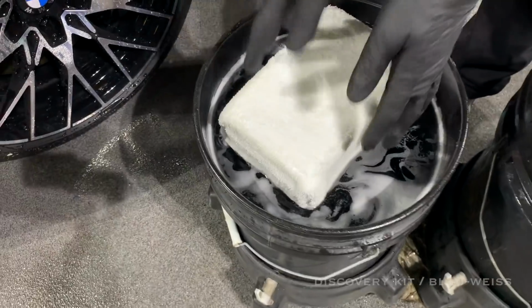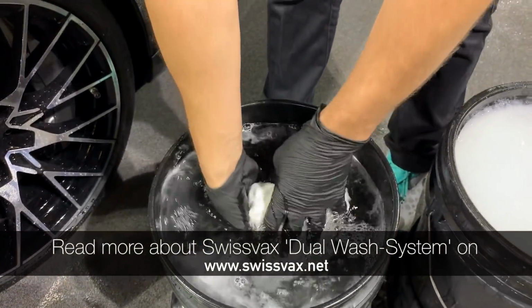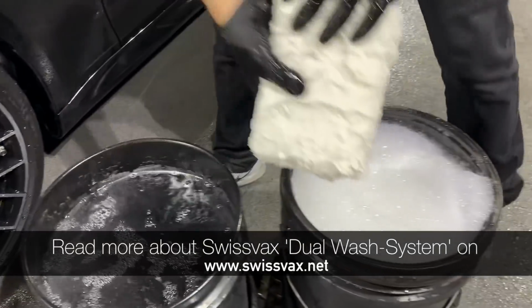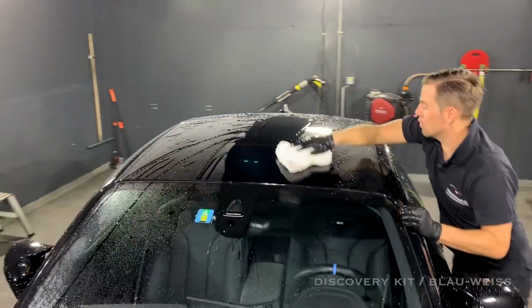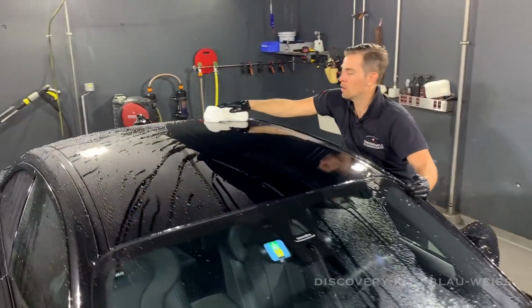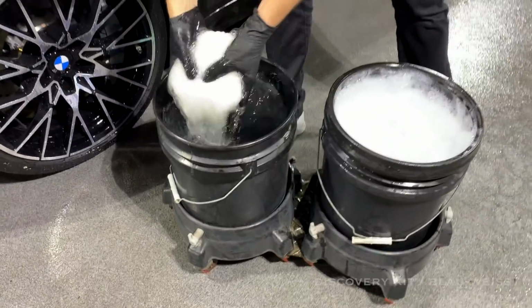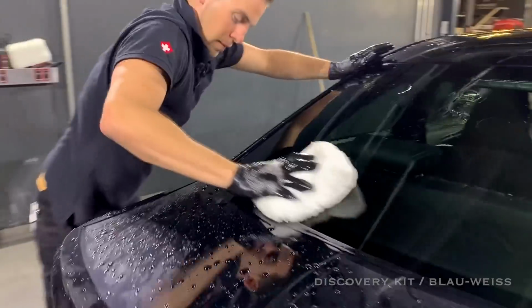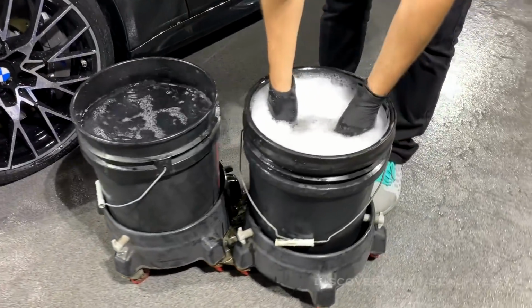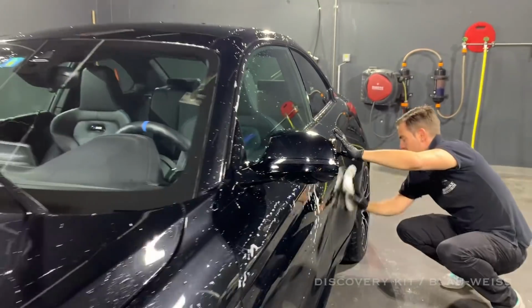Here we are using one of Swissvax's wash poodles. These are super soft and will not scratch the vehicle's bodywork. Place the wash poodle in the wash solution and wash the body panel which needs to be washed. After washing that panel, rinse the wash poodle in the rinse water. Place the wash poodle in the wash solution. Simply repeat the process starting from top to bottom, but making sure you rinse the wash poodle each time you've